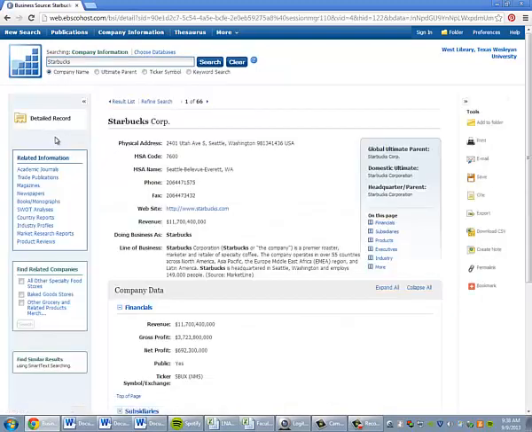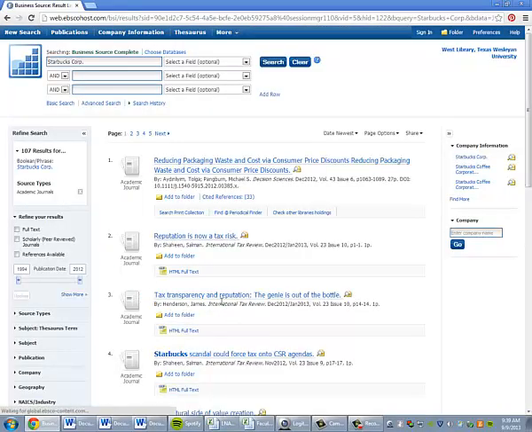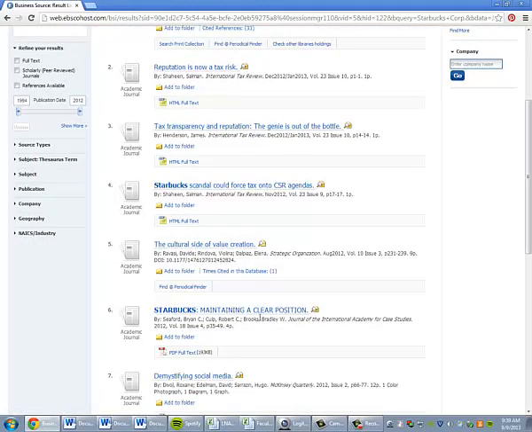Starbucks is the first one listed here. You'll notice there are links to academic journals. So if I need scholarly information about Starbucks, if I need things from management journals, if I need things from tax journals, there are going to be a number of different journals that have this kind of information in it. If I need something on the culture of Starbucks,